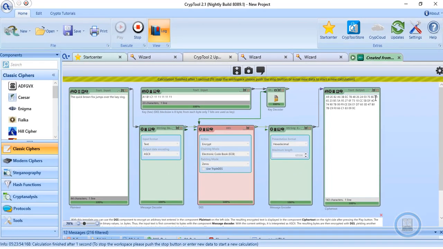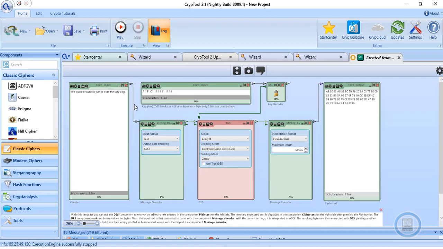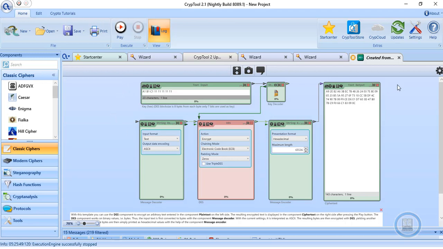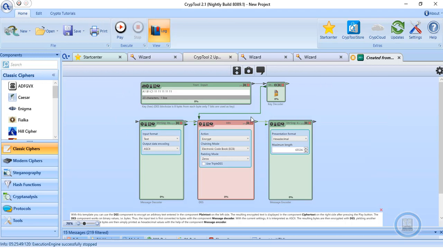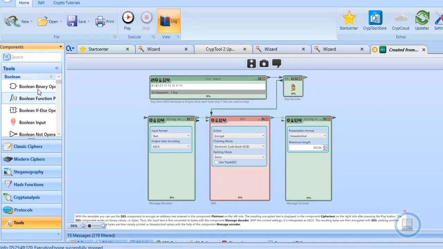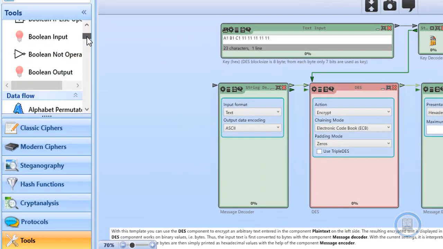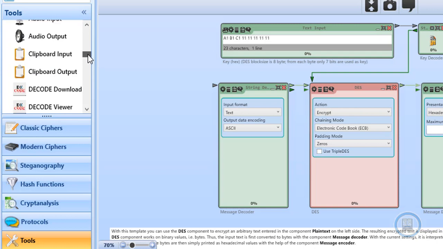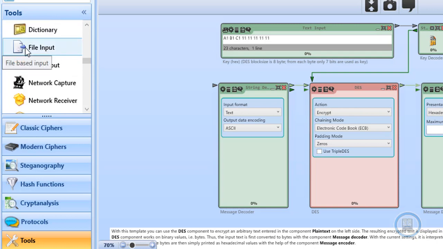Now we want to customize this algorithm. So what we need to do, just click on the stop button, and we want to give the input from our own file. So remove the text from here, and same thing, remove the output from here. Now we want to give the input from the given source. For this purpose, click on the tool button. When you click on the tool button, it will show you a lot of options. We want to give the input from one file, so use this file, drag and drop it to your workbench.